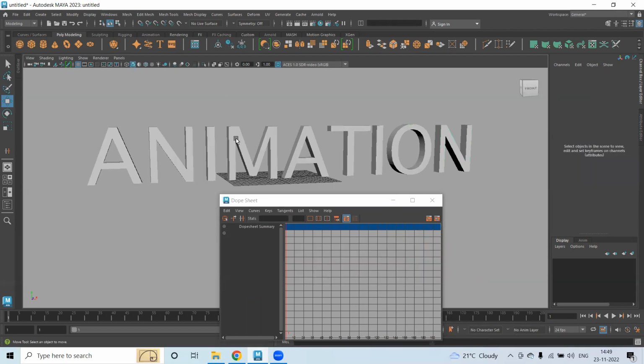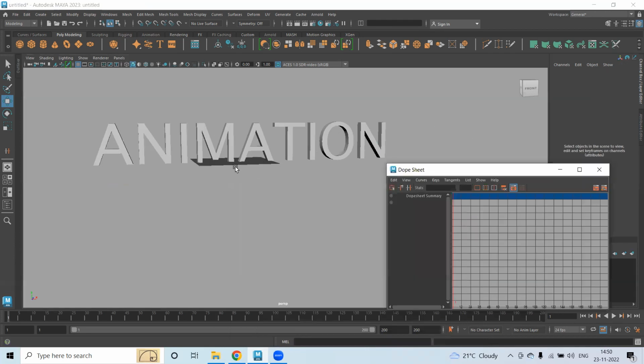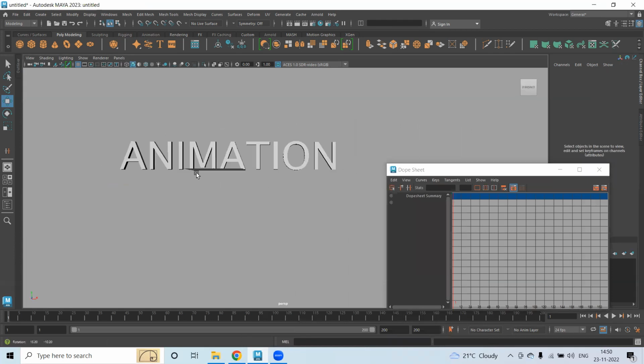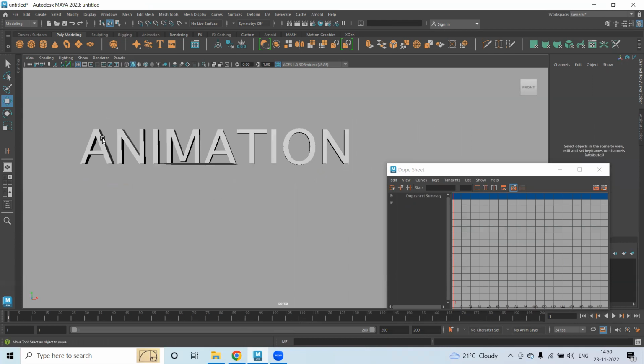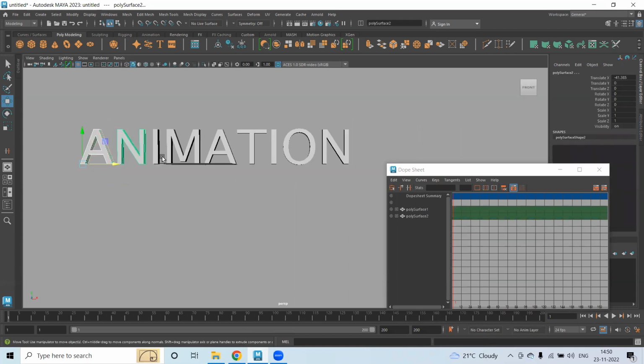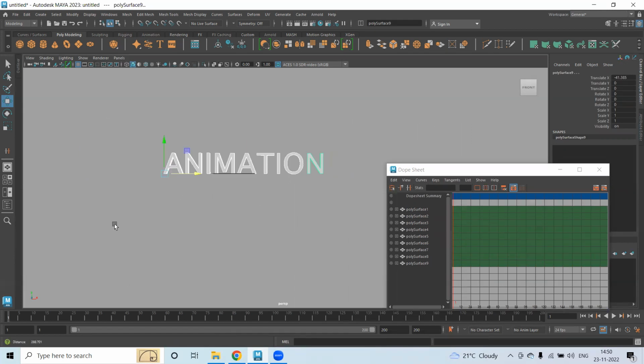Now, what is the purpose of creating this? How can we do text animation? Let's say I'm selecting all this in sequential order. First I'll select this, then this, then like this. I'm selecting everything in an order. So you can see here poly surface 1, 2, 3, 4, 5, 6, 7, 8, 9. In an order I have selected, right? So first thing what I'll do,